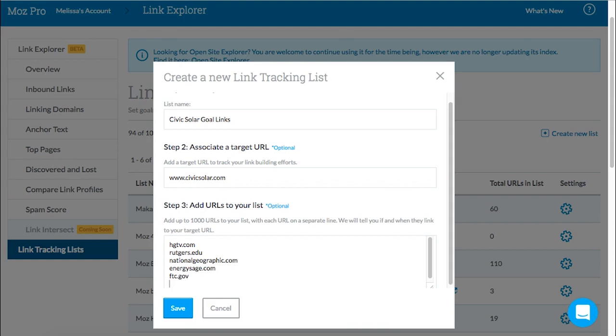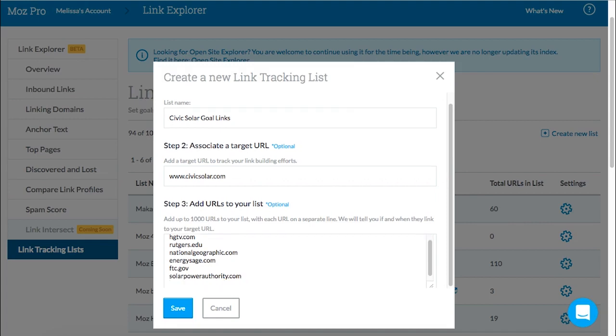Again, you can list either domains or specific pages that you'd like to get backlinks from. So step 2 is the URL or site that you're building backlinks to, and step 3 is the URLs or sites that you're building backlinks from. I'll add one more here